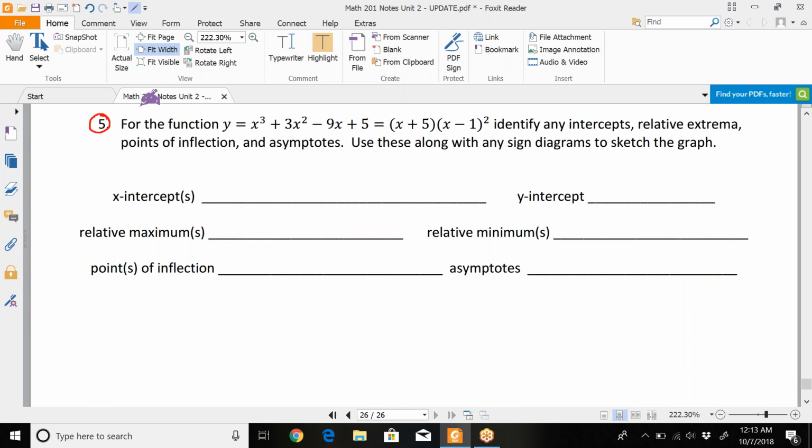Excuse me. So this one was given to us, and it was also pre-factored since this one does not factor nicely with using